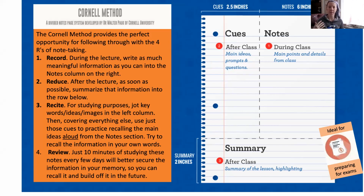I will tell you right now, there's actually lots of different printables available online for free that you can use if you don't want to have to divide out your notebook paper yourself. You do you. On the right-hand side, this is where you're going to put your notes down during the class